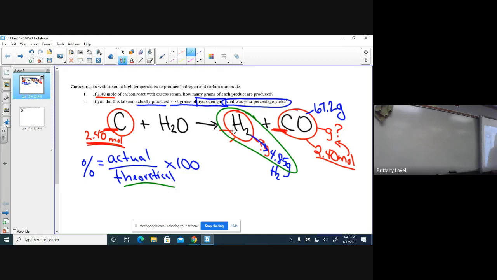And it should be the 4.85 because that's the maximum that was produced from math calculations. Like if everything went perfectly in the lab, 4.85 would be the maximum amount that you could get based on 2.40 moles of carbon, okay? Now the actual amount, they tell you the actual amount produced was 3.72. So actual will go here and then times 100, okay? So our percentage yield, 3.72 divided by 4.85, and then times 100,